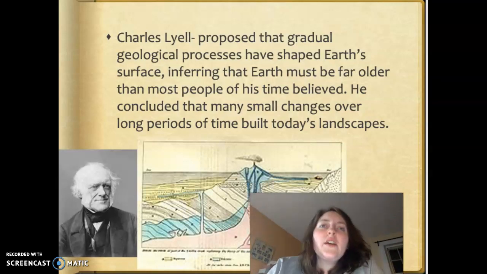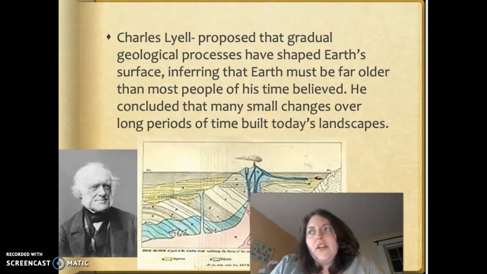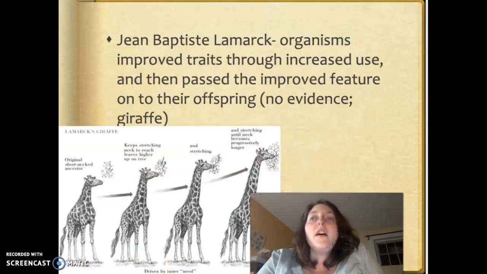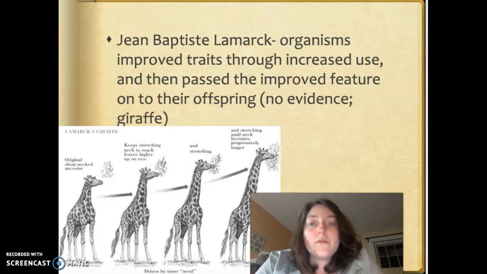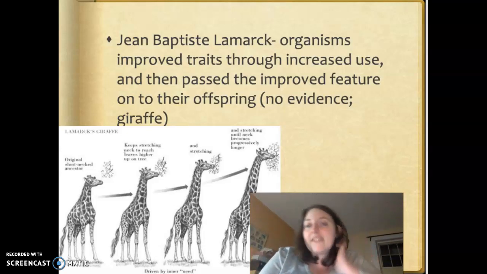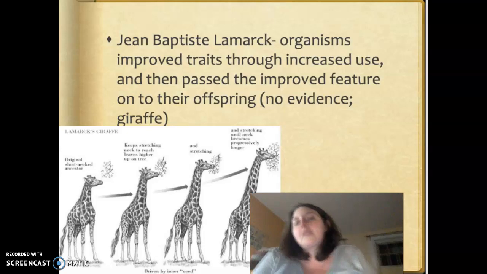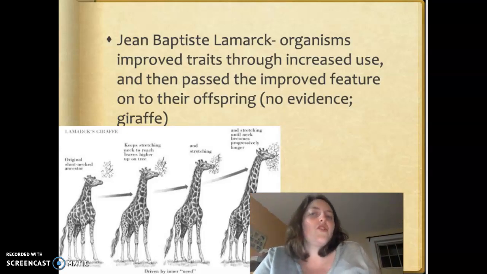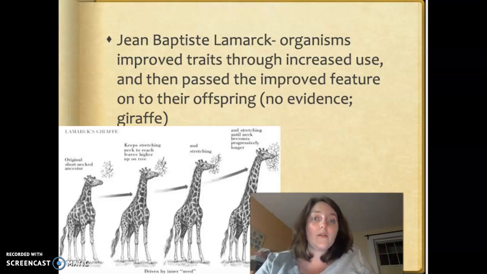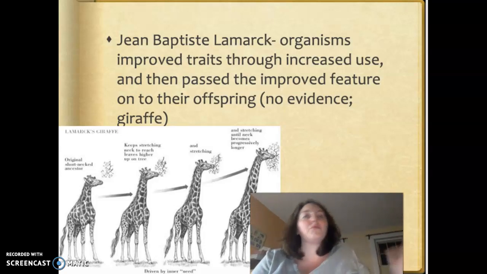Of course, he wasn't the only one with a theory of evolution and how it happens. Evolution was a common key term that was being thrown around. People just weren't sure what caused it. Darwin had a colleague, Jean-Baptiste Lamarck, who had a different theory. His theory was that an organism throughout its life can build or change a trait. And then once it is built or changed to that organism's potential, it will pass on that improved or changed